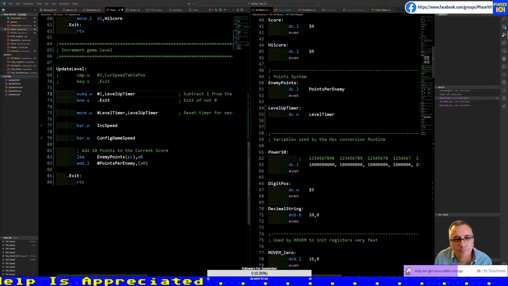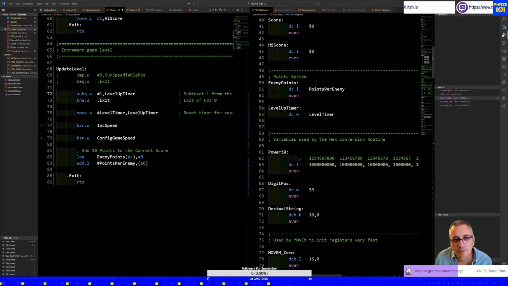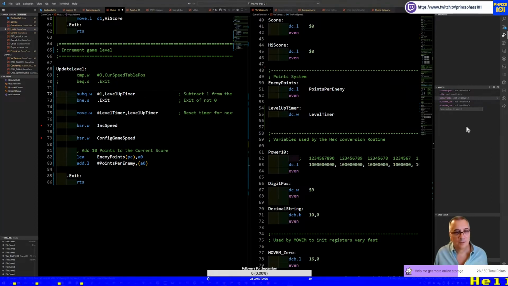So what is level up timer? Let's see if the debugger lets me. What value do we have there?